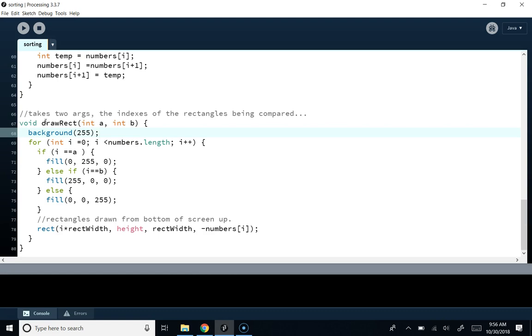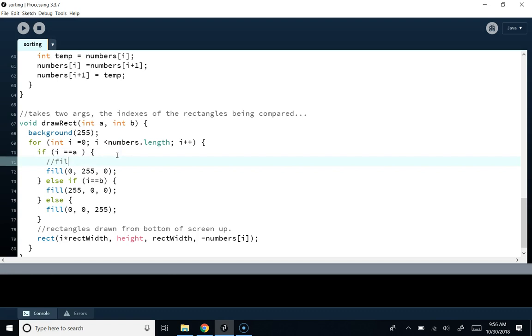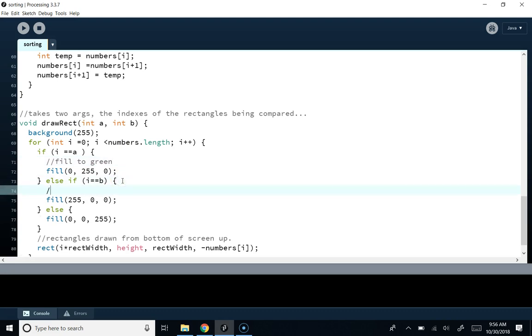Okay, so then I'm looping through the array again. You guys all see that? And we're saying if the array index is the first number, then what's this color? Fill is green, red, green, blue, right? So fill to green. What's this one? Okay, so if the index is the first number, it'll color it green. If the index is the second number, it'll color it red, and otherwise it will color it